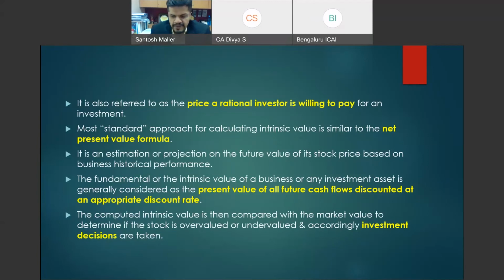Oftentimes, we use WACC, or weighted average cost of capital, or incremental borrowing rate as the basis of discount rate, but there can be various. So generally, typically, if your borrowing rate, your leverage, is different, then you would have a different WACC, and therefore the importance of setting the right discount rate. So, for example, you cannot have the same discount rate being used by, let's say, a real estate company as compared to, let's say, an FMCG.